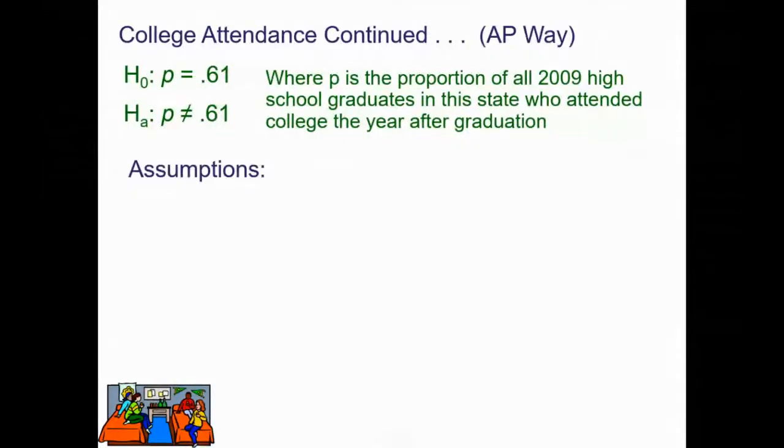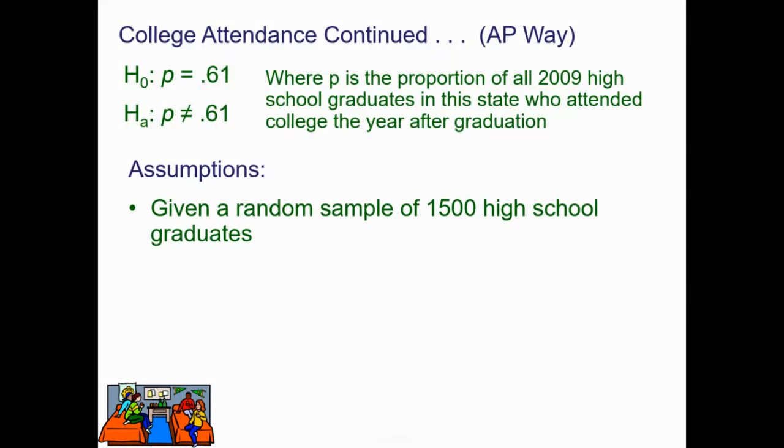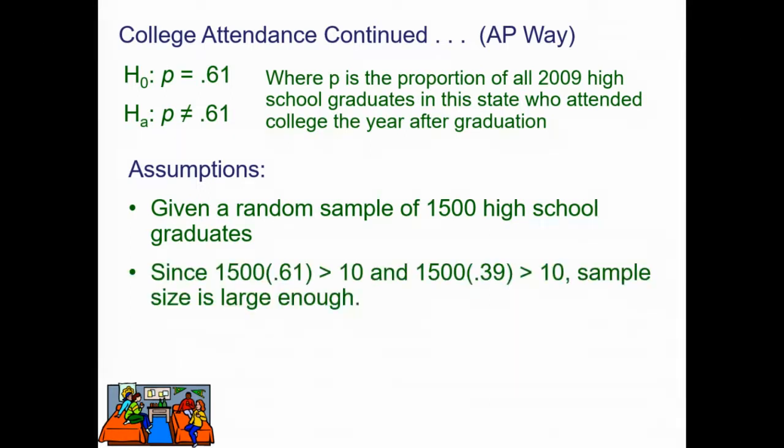So we would have to say, okay, we checked that we're given a random sample of 1,500 high school graduates. And then since 1,500 times 0.61 is greater than 10, and 1,500 times 0.39 is greater than 10, our sample